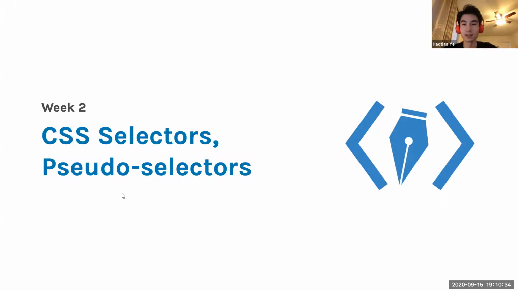This week we're going to be talking about CSS selectors and pseudo-selectors. And some of you are probably thinking, oh damn, we spent a week on HTML, that was hella fast, and I'm still kind of confused on it. But don't worry, that's literally all there is to HTML. If we had to teach more HTML, it would just be slides of each of the hundreds of thousands of tags that exist out there. So we gave you the really useful ones and the most common ones, and really that's all there is to it.